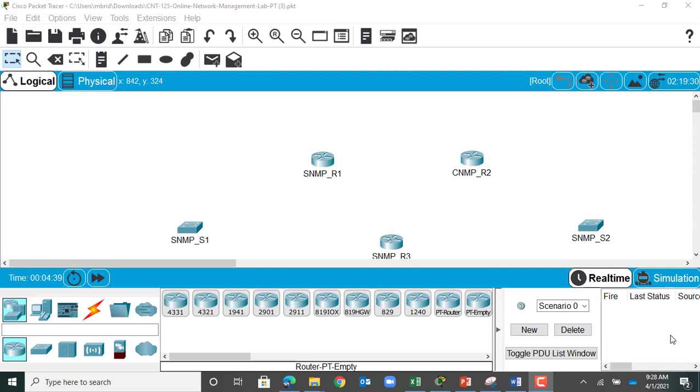So, to start off, you want to make sure you download your Packet Tracer file, the one that we have here on the screen, and you're also going to want to download the Word document with the directions and instructions on how to do everything that we're going to be covering here today. We're going to be adding a couple features in here. We're going to be setting this network up